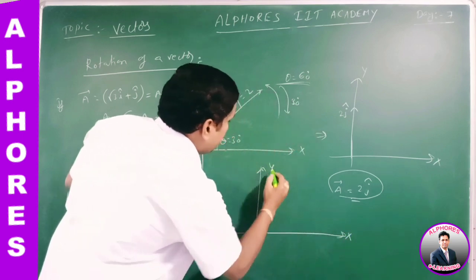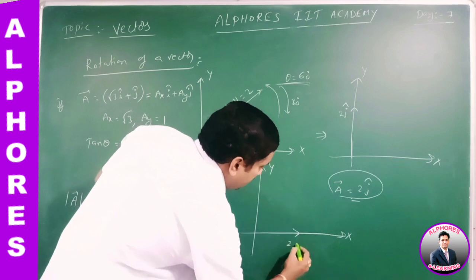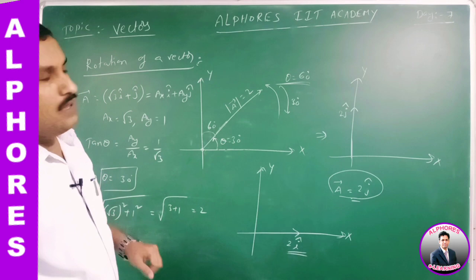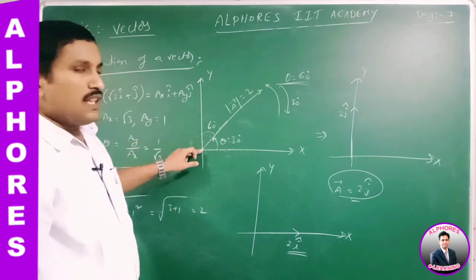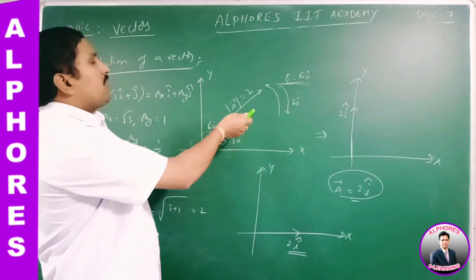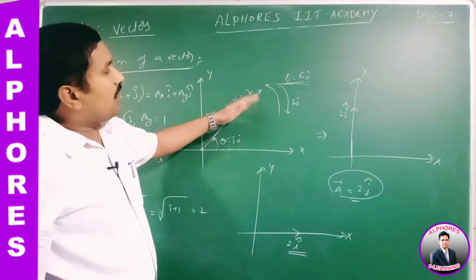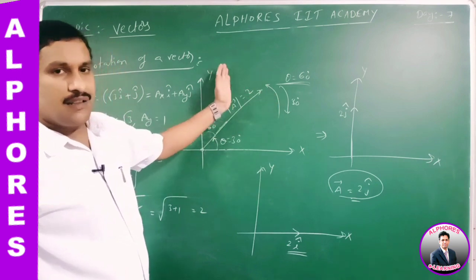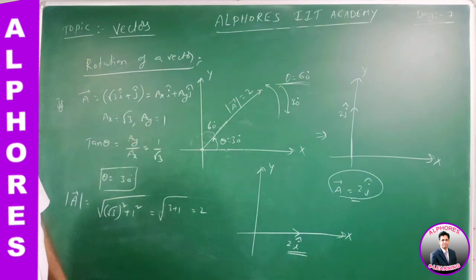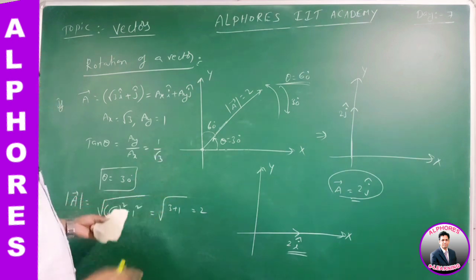This is the x-axis, this is the y-axis. Then after rotation, the vector lies along the x-axis with magnitude 2. What is the new vector? 2i cap. This is the method. So rotation of a vector means the tail of the vector is fixed and the head of the vector is rotated as per the condition, whether it is rotated in the clockwise sense or the anti-clockwise sense. By taking these conditions, we have to find the new vector. So based on this, I have to give one problem on the rotation of a vector.